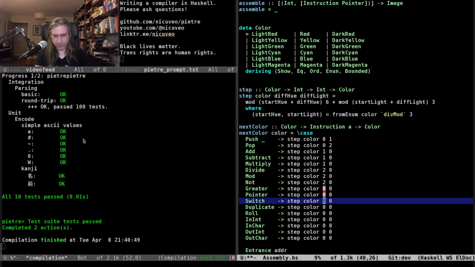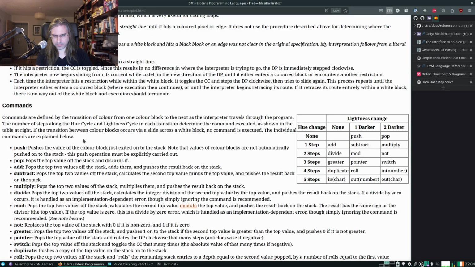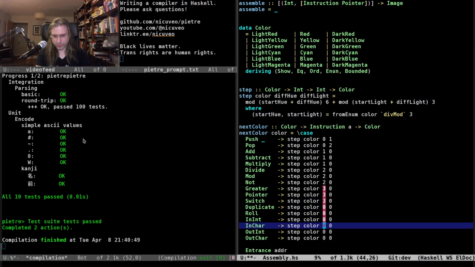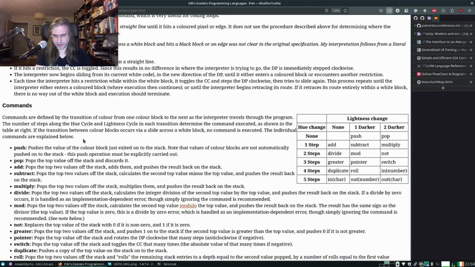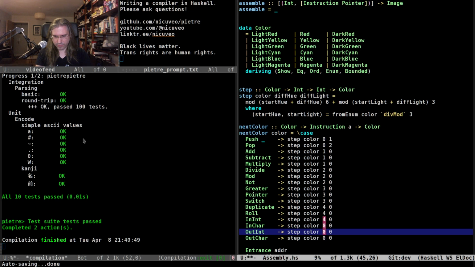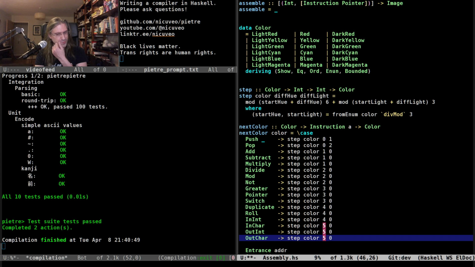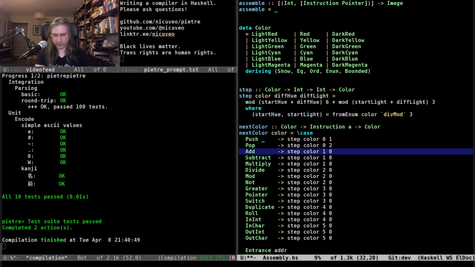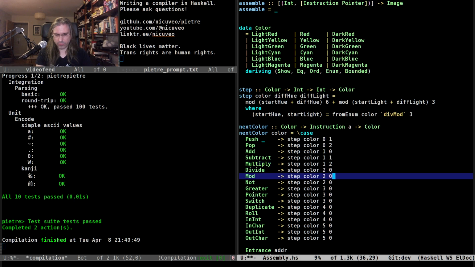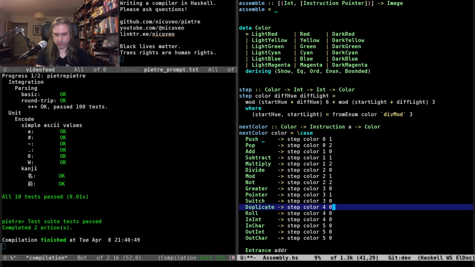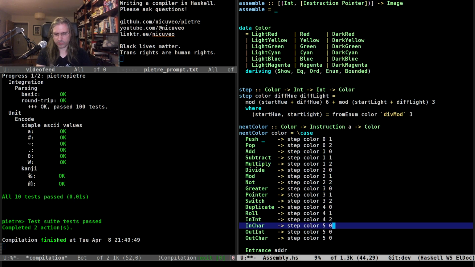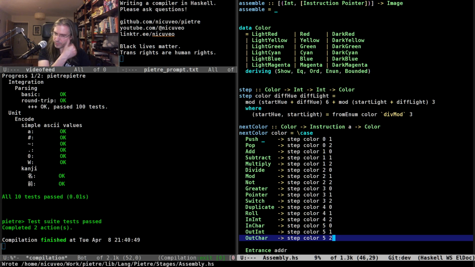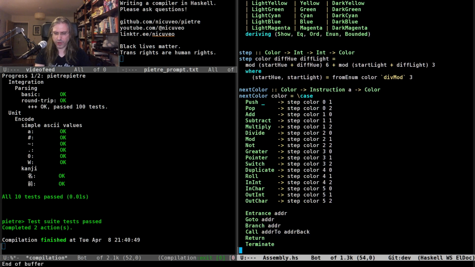Yep, that's 3. Duplicate, roll, in int. Yep. And in character, out number, out character. 5. Perfect. And this is always going to be 0, 1, 2, 0, 1, 2, and so on. Okay. And here we have the other cases.